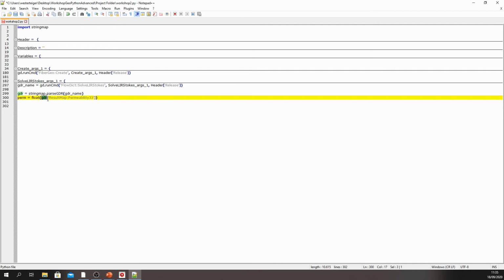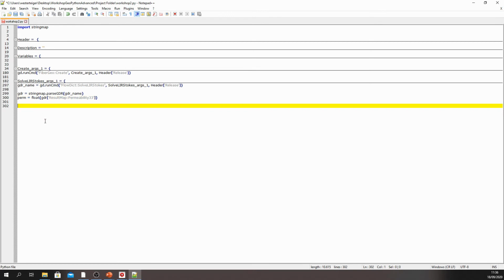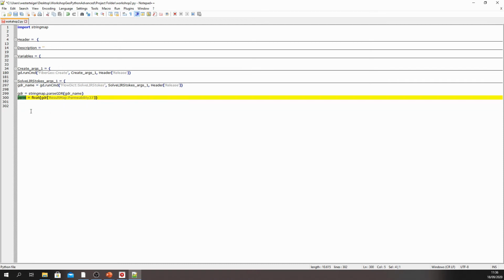What this part does, gdr, result map permeability 33, is it takes this entry from the gdr file. And this by default is a string. So this permeability number that we saw is stored as a string in this case. So the first thing we do afterwards is we convert it to a floating point number, so we can do computations with it, for example. We're going to need this in the future. And we store this floating point value in a variable called perm.